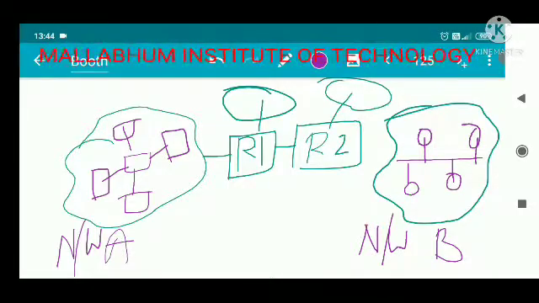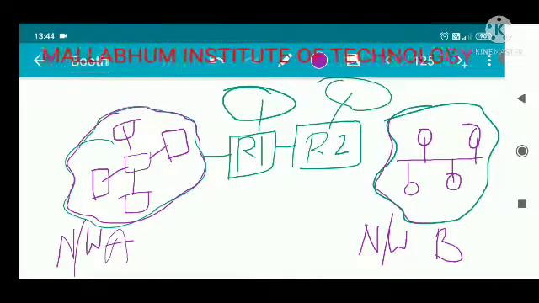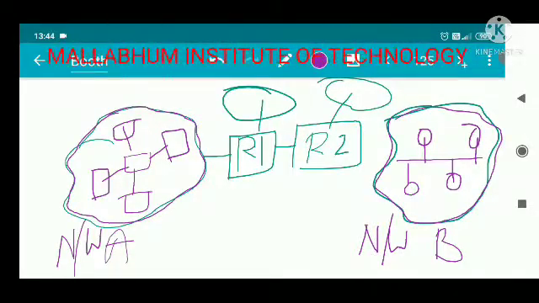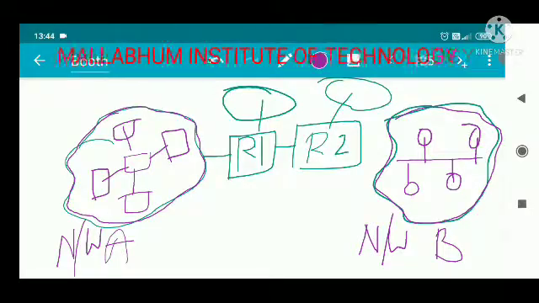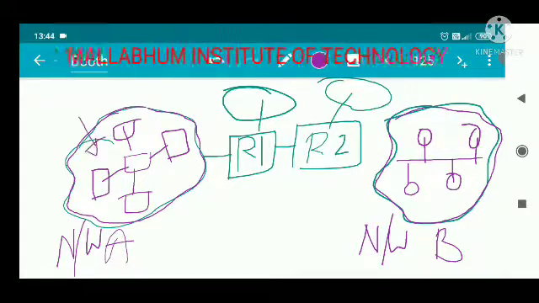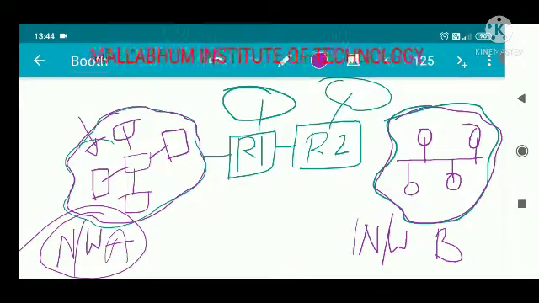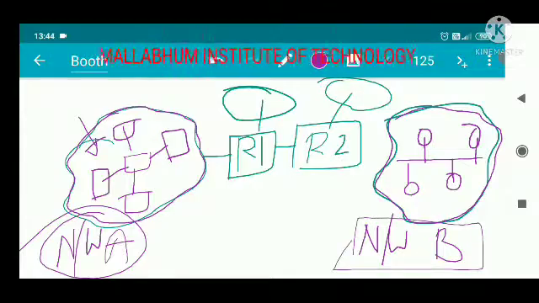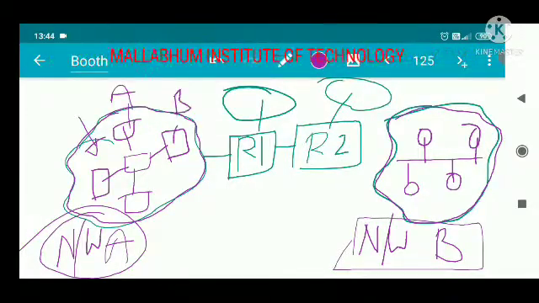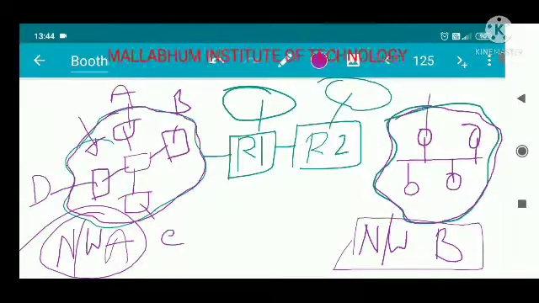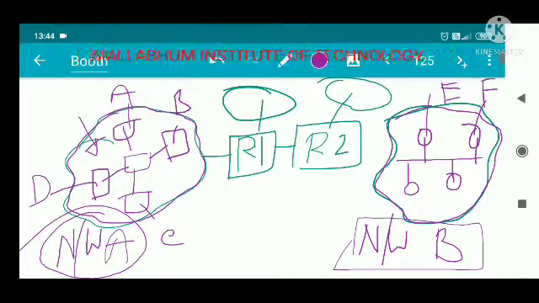You can see that this is happening in the case of your physical layer concept, how the network is being formed. One topology is being used here, that forms a network, and another topology is being used in another network. Now different host machines are situated. Suppose this is host machine A, this is host machine B, this is host machine C, this is host machine D, and suppose this is E, F, situated like this.